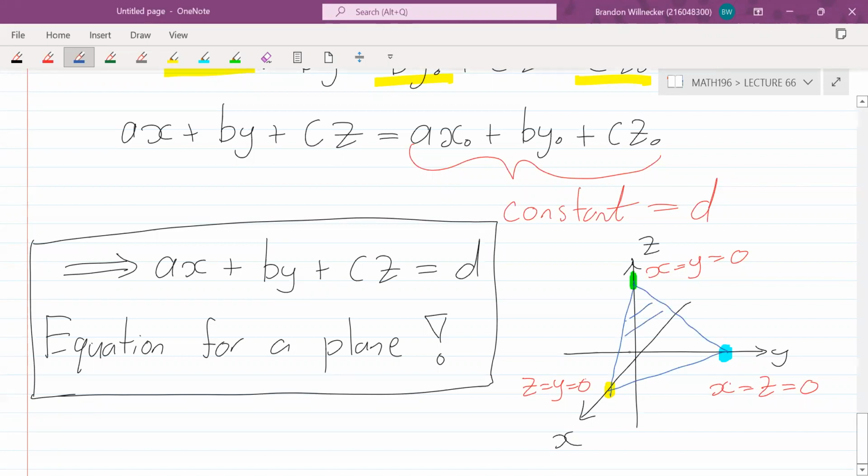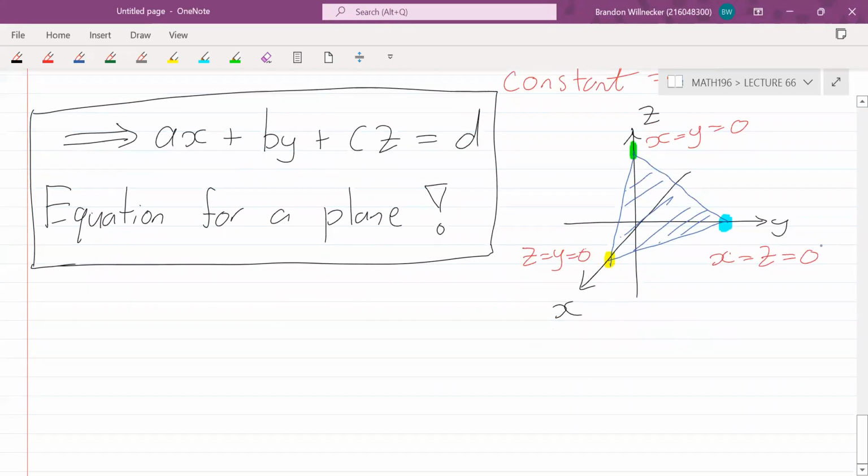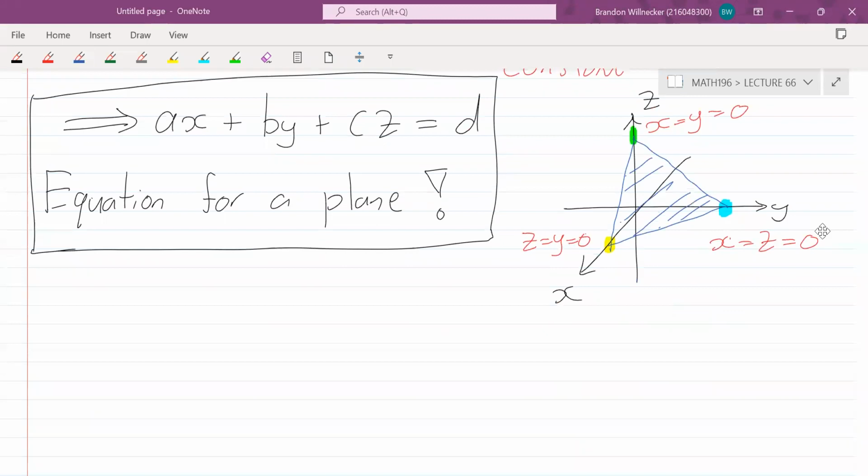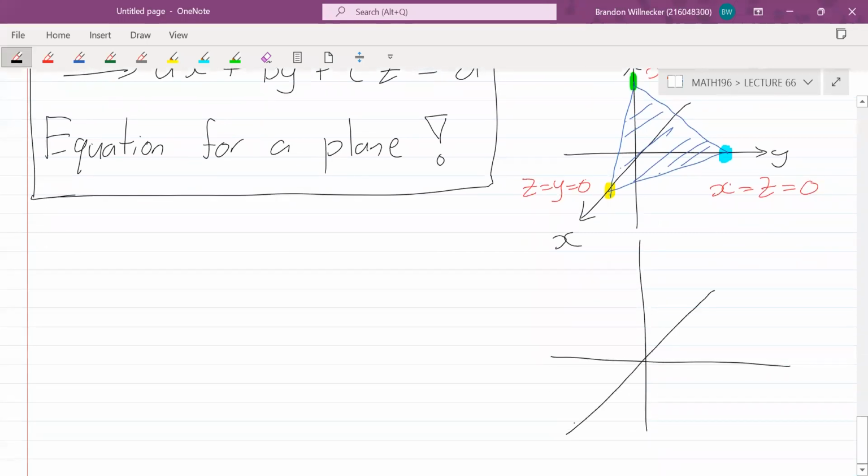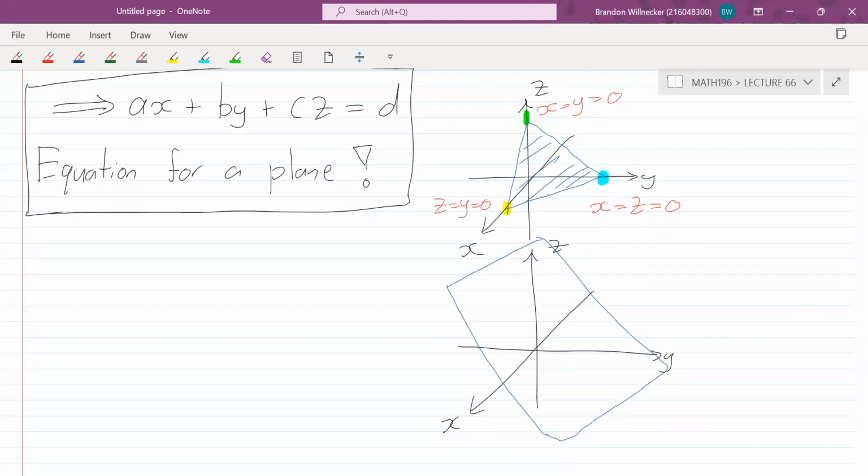So we can color this in. This little triangle is the portion of the plane in the first octant, where X, Y, Z are all positive. If you want to imagine a bigger portion of this, it would be something like this. We've got X, Y, Z. Imagine just a big portion like this cutting through. But again, that goes on forever, right? We're only interested in this little portion with that intercept,